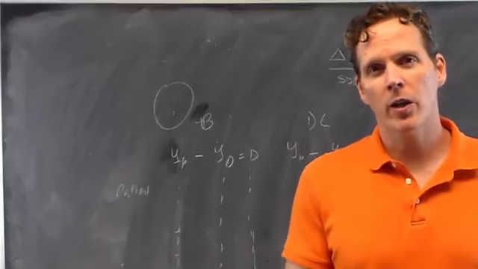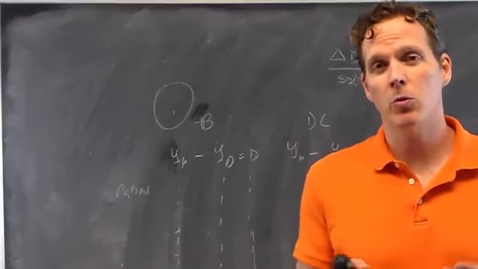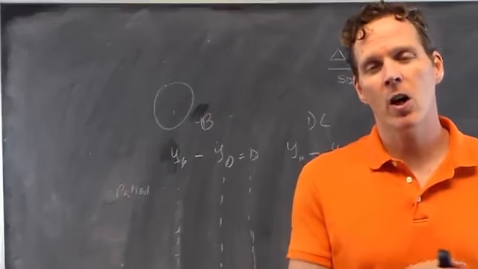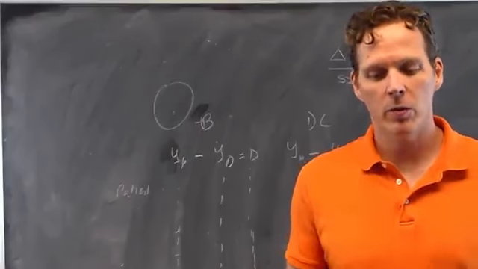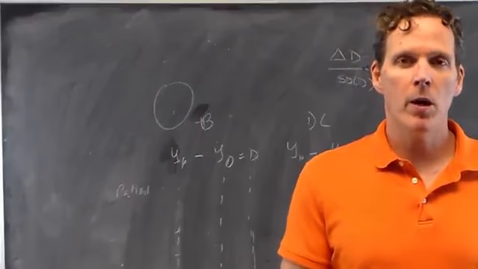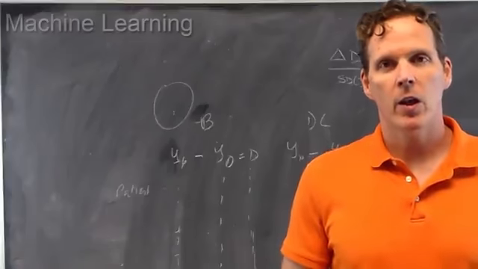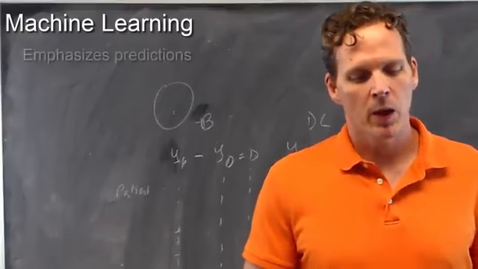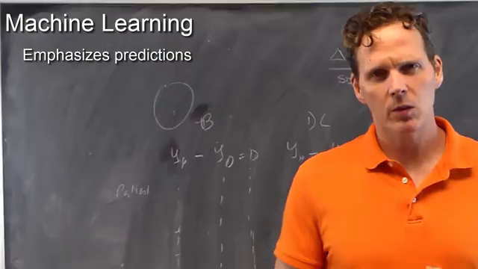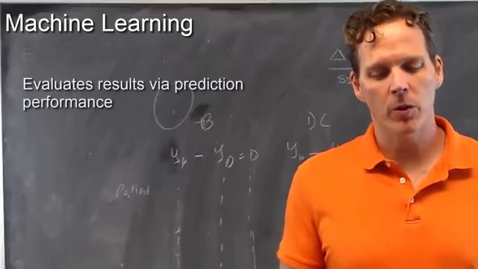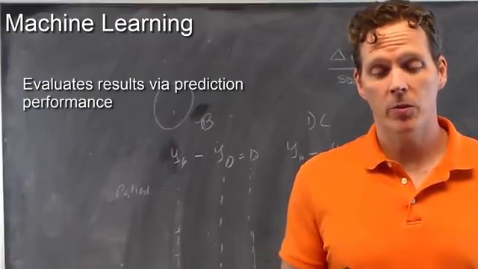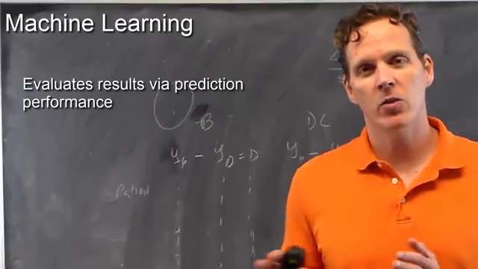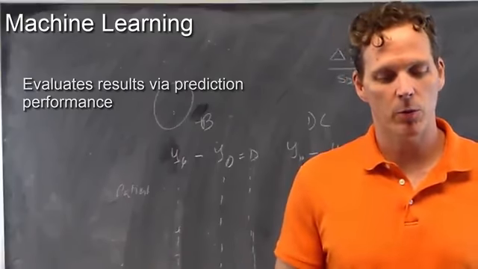I'd like to contrast it because it seems very different. Many people are familiar with traditional statistics, but they're maybe a little less familiar with machine learning. So I'd like to contrast traditional statistics with machine learning. So in my mind, traditional machine learning, the main emphasis, at least let's focus on supervised learning, it emphasizes predictions. And then it tries to evaluate performance via the prediction performance. So unlike, and we'll talk a little bit about traditional statistics, how it evaluates performance.